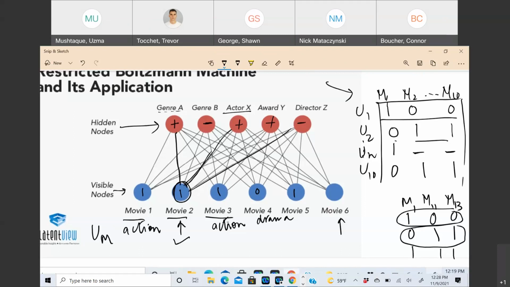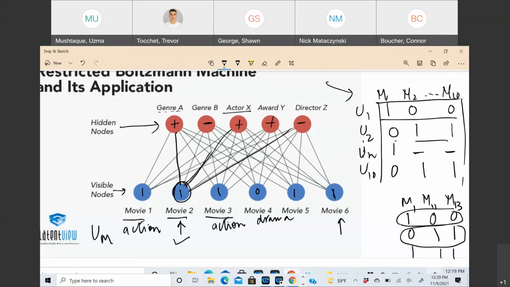So maybe this one is not linked to this director, but it is linked to this award and to this genre, and this actor. So more positives. Maybe I'm going to recommend this movie to that user, and so on. Right? As I said in the beginning of the lecture, this is an advanced